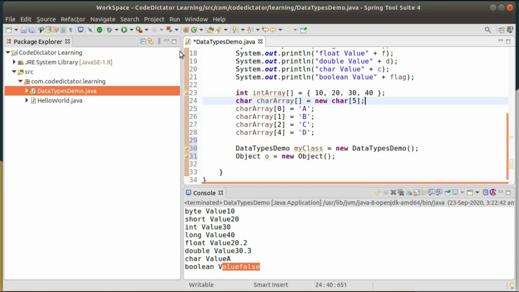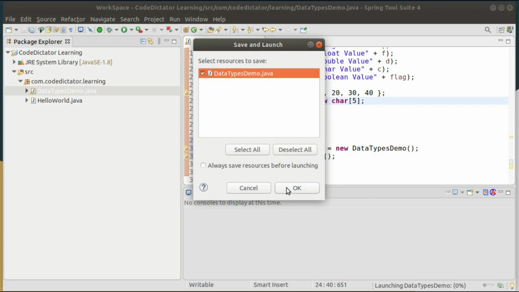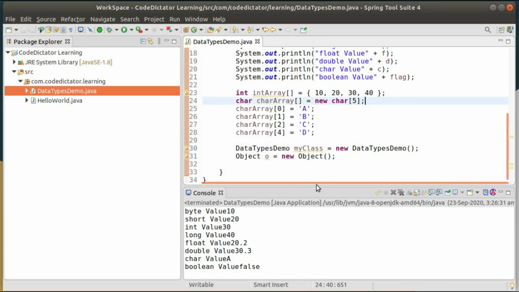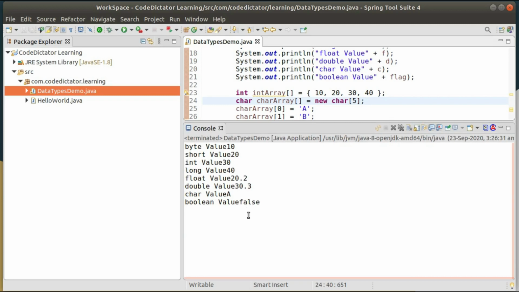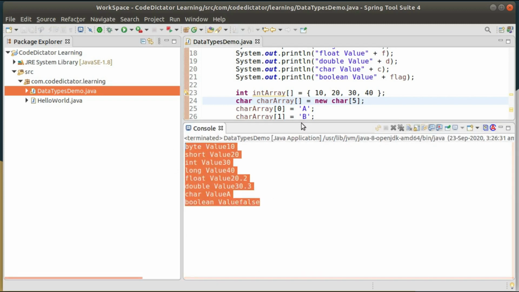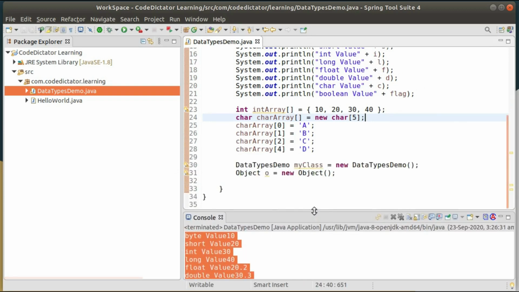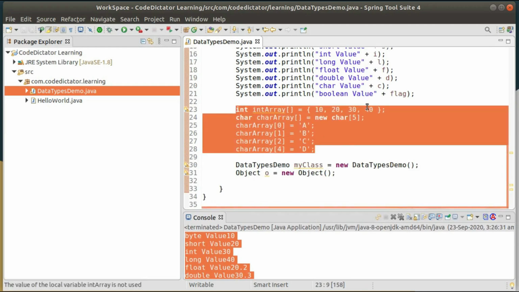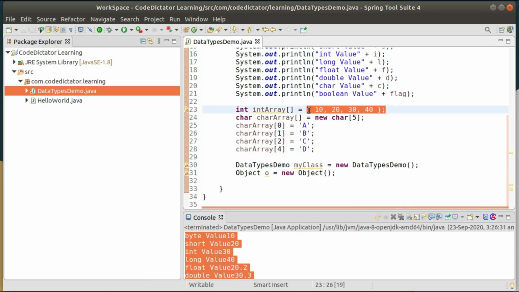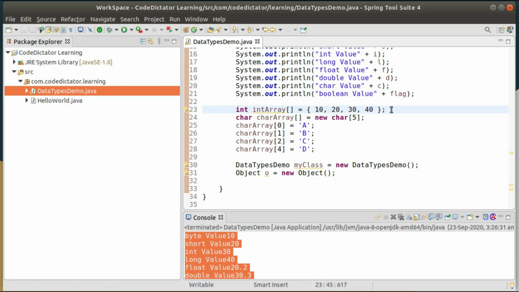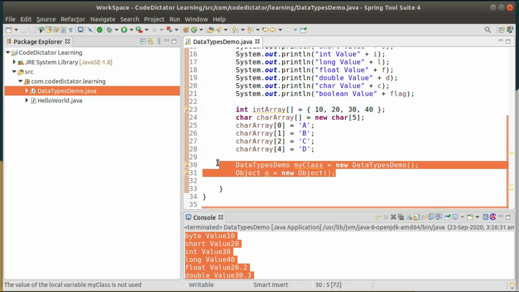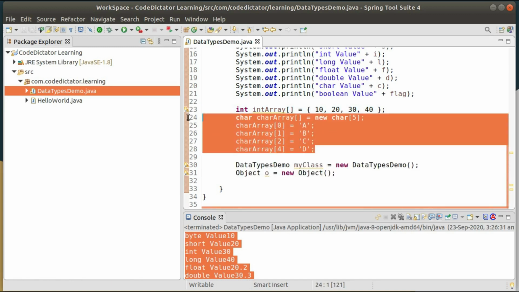Okay, so run this program now. Simply click on the run button. Yeah, I need to save it, I forgot to save, so don't forget to save your program. It is not giving me any output right now because the array is created, but I need to iterate that array to print all these values. So I can use a for loop or a while loop or something else. We are going to look into that in programming constructs. But this is how we can define our own object, or this is the way we can define our own array.